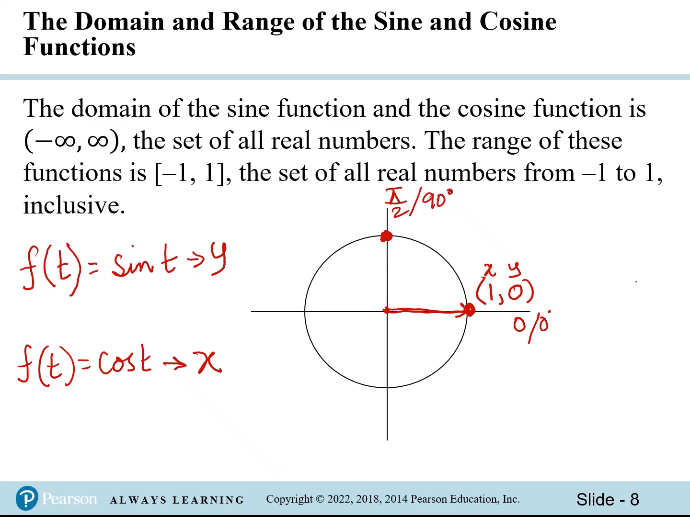Again, x at this point is 0, so x is 0. There's no horizontal displacement. Y, however, is +1. So this is x, this is y: 0, 1. Next is pi radians, or the 180-degree angle. The coordinates at this point would be -1 for x and 0